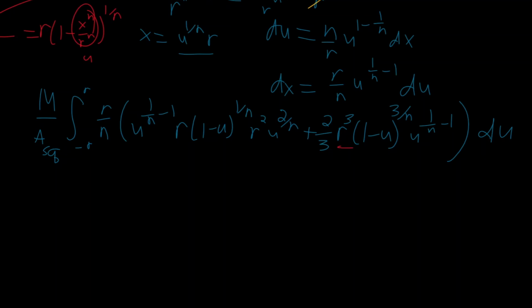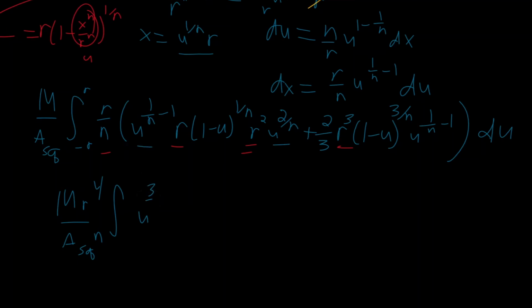You'll see that we have an r to the third here, and that we have 1, 2, 3 r's right there. But then we also have a big R right there as well, out front. So we can actually factor out an r to the 4 out of this whole integral. So we can write this as m times r to the 4 over the area of a squircle, and then times over n, of course, times our integral of u to, simplifying this right here, so we have a u to the 1 over n, and then times u to the 2 over n,